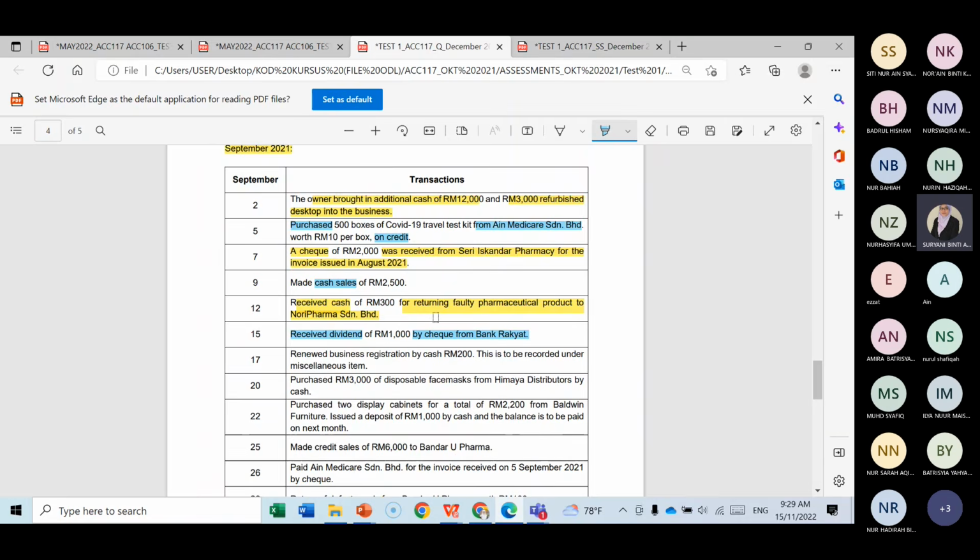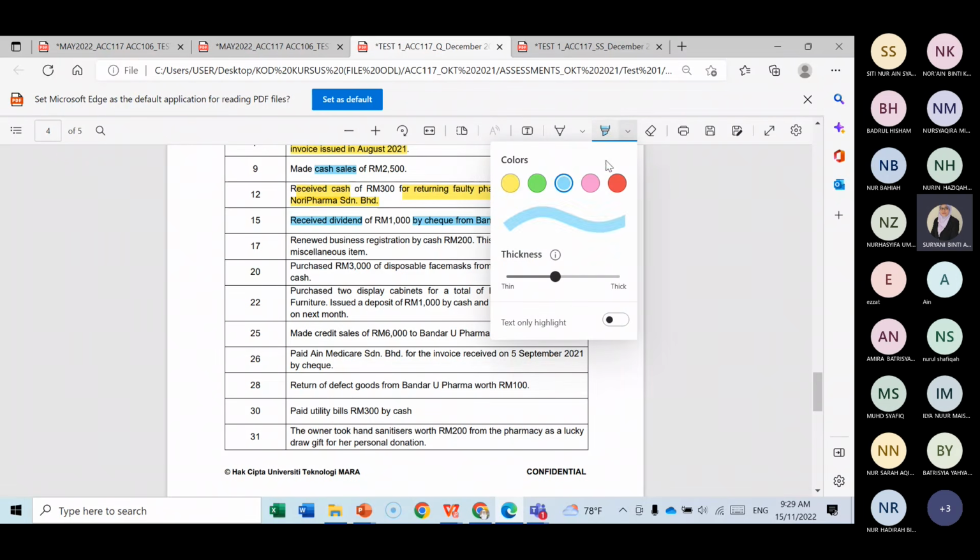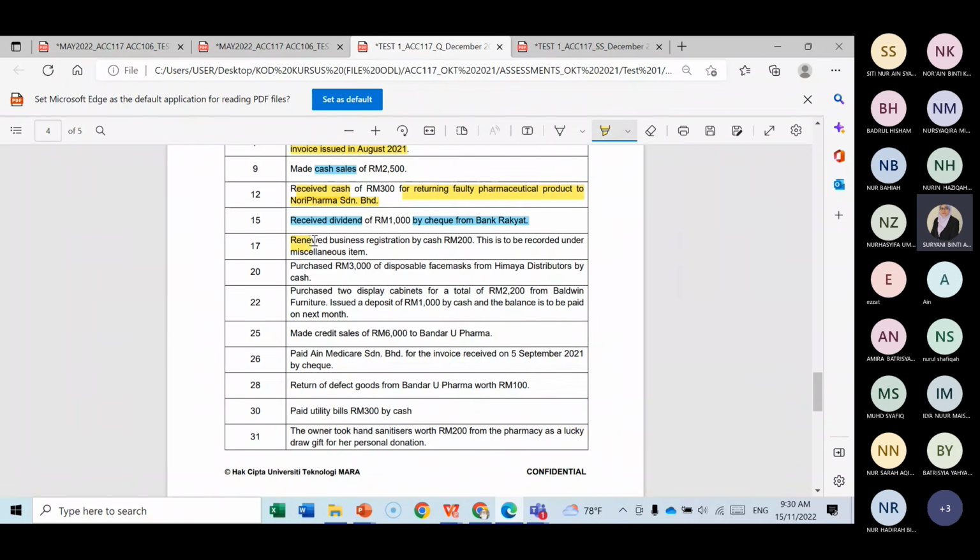Okay, move to the 17th of September. You renewed business registration by cash. And this is to be recorded under miscellaneous item, pelbagai. Miscellaneous maksudnya pelbagai. The question now is, how do we record the business registration? What is business registration, class? Is an